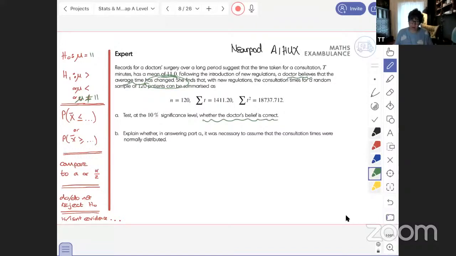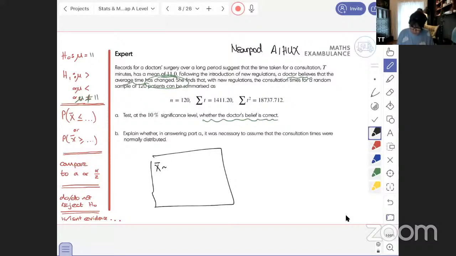What I'd like you to write down now on the next screen is that X bar is distributed normally. You don't need to write this bit down, I'll write it down for you. The mean is going to be the same as the original mean, and the variance is going to be the original variance divided by the sample size. In this case, they're not telling us the variance of the population, but we can work out the variance of the sample, and we can use that to model the variance of the population. So X is distributed normally, the mean is 11, and the variance is, I will do this for you,